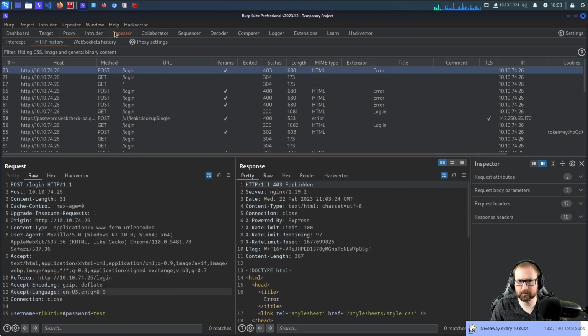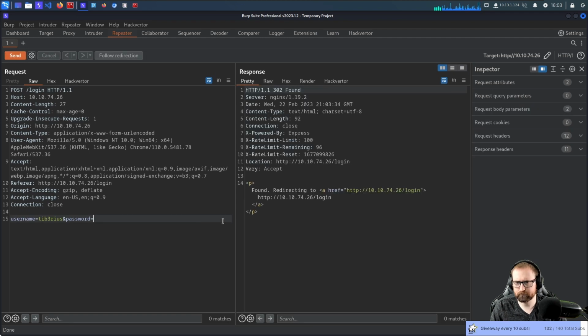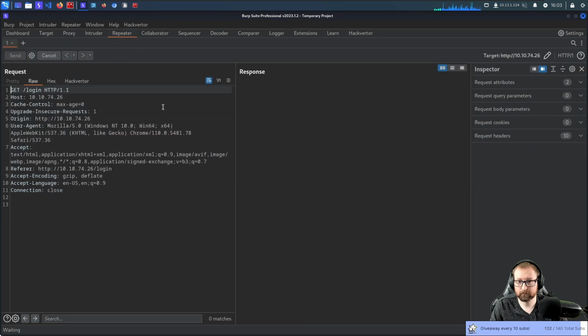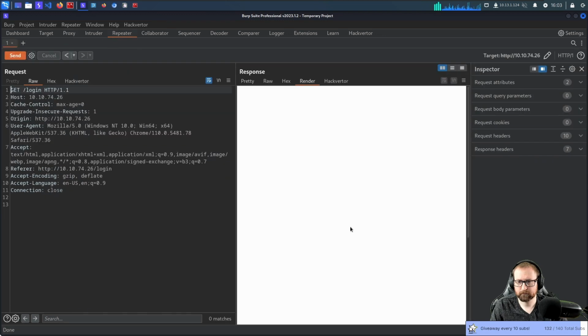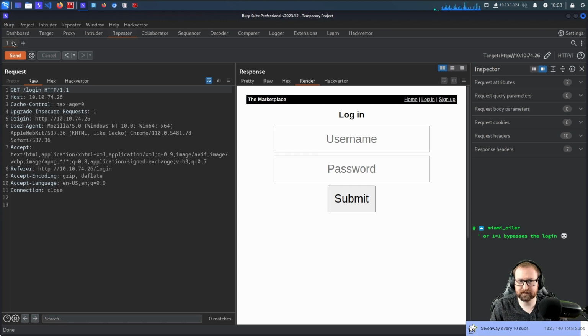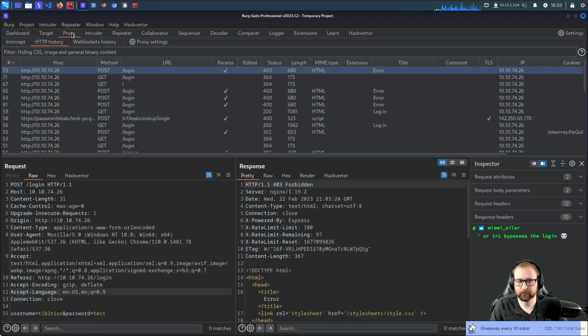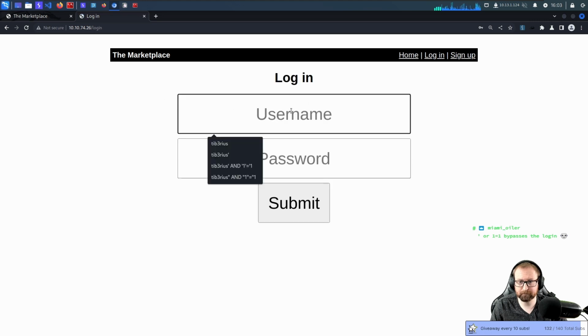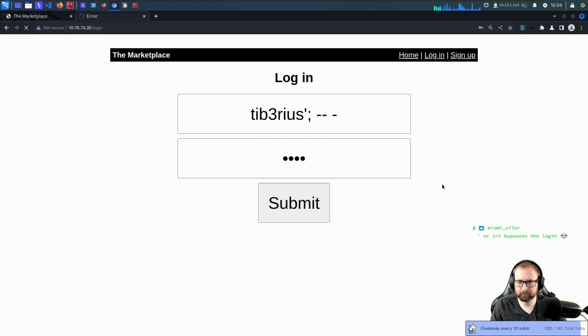So what we can start doing, and I wonder actually if we do, wait, what? Okay, so you have to have a password of at least something. Or 1 equals 1 bypasses the login. I mean, it wouldn't. At least it shouldn't. If and 1 equals 1 doesn't, with a valid username. Actually, one thing I should have tried is Tiberius. I wasn't thinking properly. I need to do just Tiberius with a semicolon. That was stupid of me, actually.